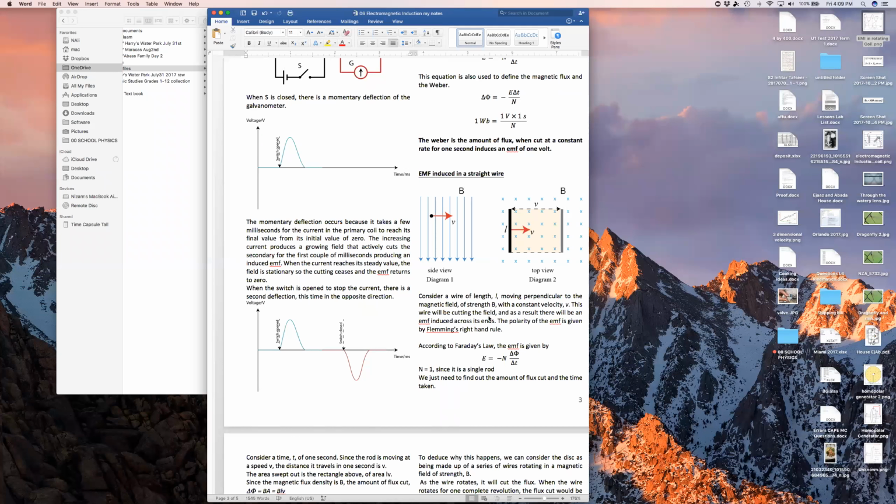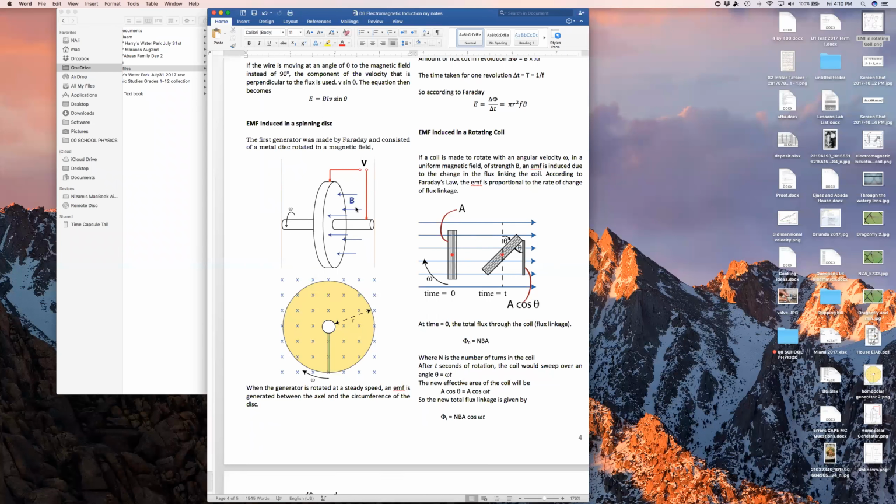We now want to look at this device here. This is called a homopolar generator. It's really a disk that is set in rotation. This is the axle of the disk. And this is a magnetic field that the disk is subjected to. Now, once the disk starts spinning,